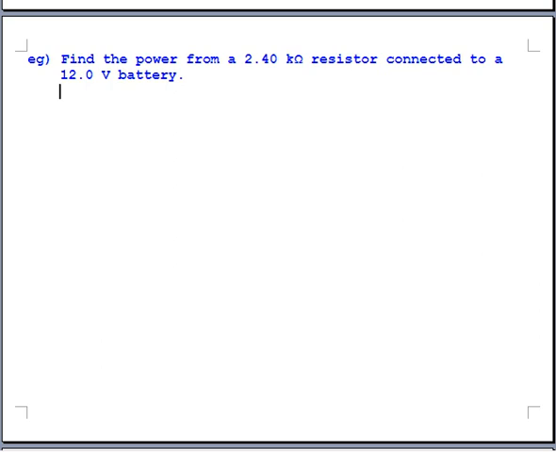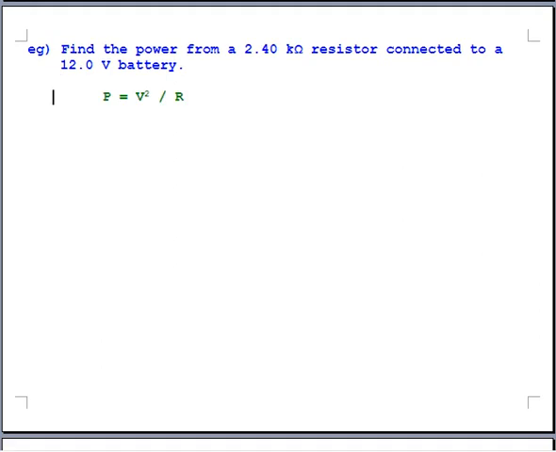In this case, we're looking for power. P equals I times V. We talked about the current being small. We don't actually know what it is. And it turns out we don't really actually even need it. You could go and solve for that small current and then use P equals I times V. But maybe the best bet is just going to be to use one of the other power formulas. What about P equals V squared over R? We know what the battery is. We know the size of the resistor. You go and you run the numbers. I'll do it for you here to save you some time. You get